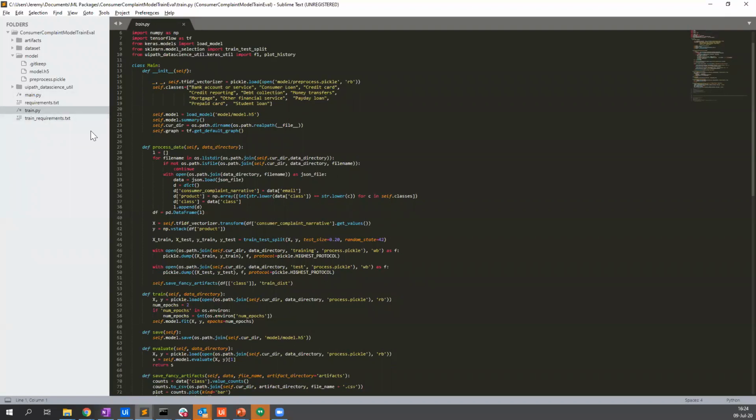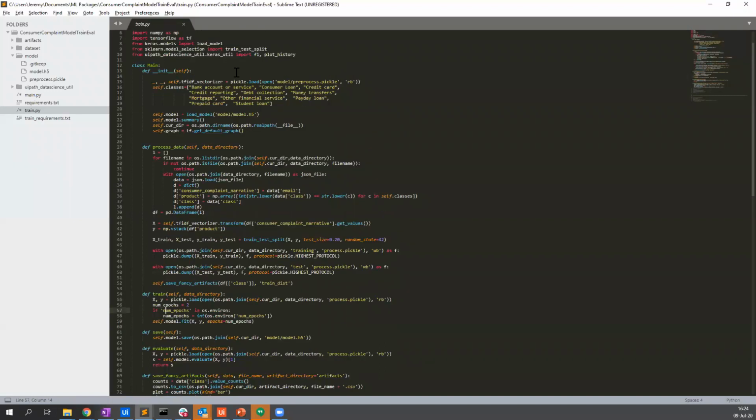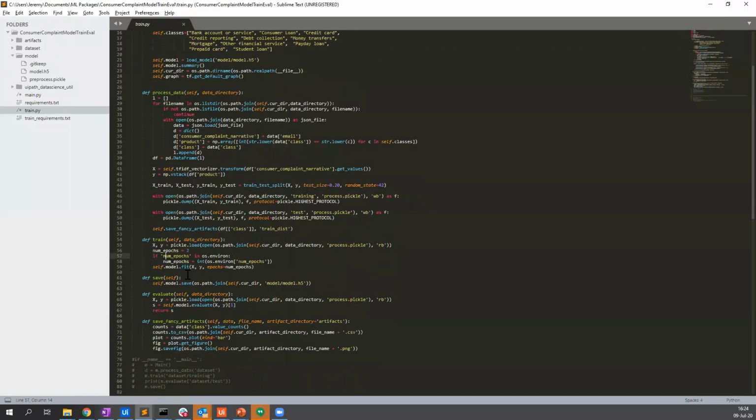will be, at the very least, this train function. Of course, we need to understand how to train the model. So in the init, you will again load the model in memory and so on, but then you will need to apply a training. If you want to evaluate your data, you will also need to add this evaluate function, because we don't know exactly how to evaluate the data, so we need you to tell us how to do it.